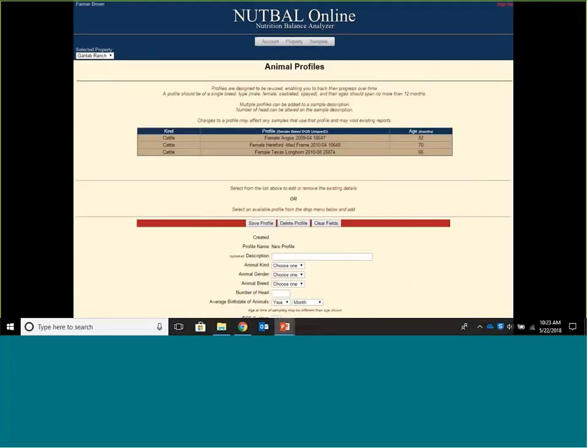So anything that's already been in there is going to automatically populate the species, which we can only enter the species and everything for cattle on our model right now. The type, the date of birth, and then the age over here. Here's where you can create a new profile. You can enter in a description, for example, of your profile, but that's only optional. The kind, the gender, the breed, the number of head,